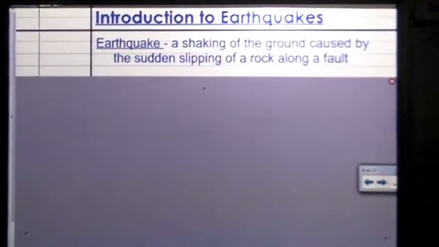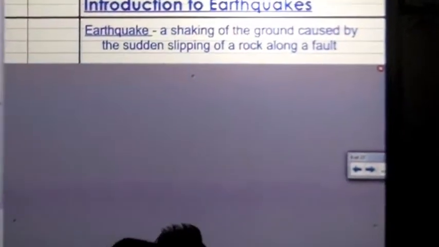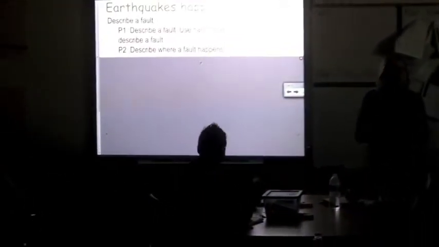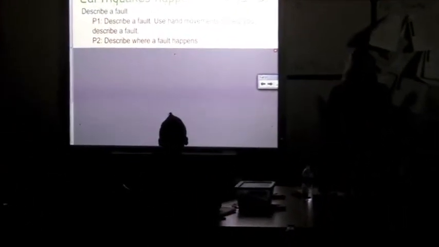Thanks, guys. I don't know why they moved it. So we had our transform boundaries, and I would show you the hand gesture where they get stuck a little bit. We had that pressure that would build up, because of the extra land. All right. So, earthquakes happen along faults. I know we haven't learned what a fault is, but sometimes I mention it. We've seen it a little bit.